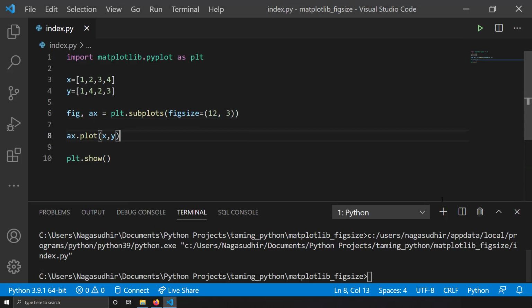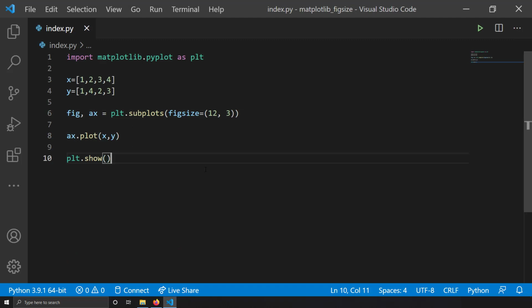So why do we need to do something like this? You might require this explicit control on figure size, maybe when creating reports. Maybe you want the image size to be the same so that it can fit in your Word file template. These are some of the cases where you want to use an explicit figure size.